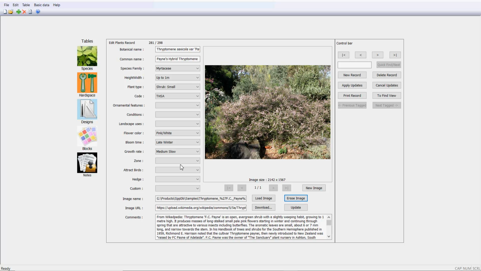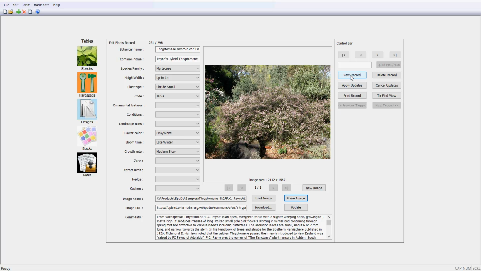Well, one of the users of our plant database application, Species Database or SppDb, has asked us to illustrate how you put new data in. Can you add new species? Well, of course you can. The sample database that comes with SppDb has some 300 entries in it, but to add a new one